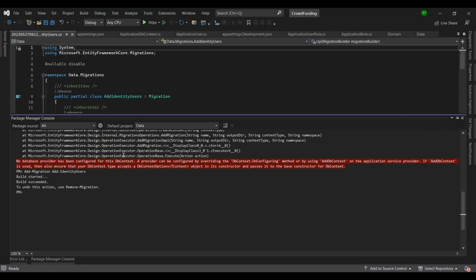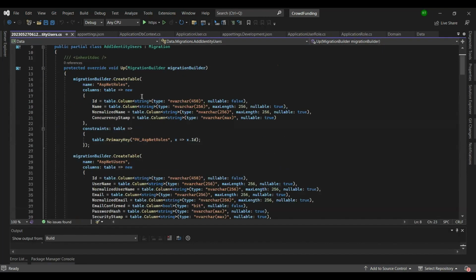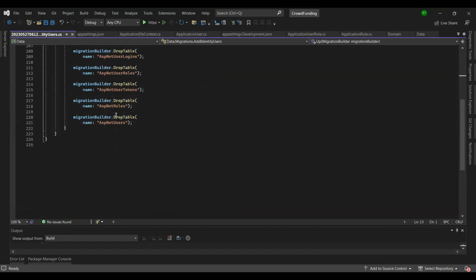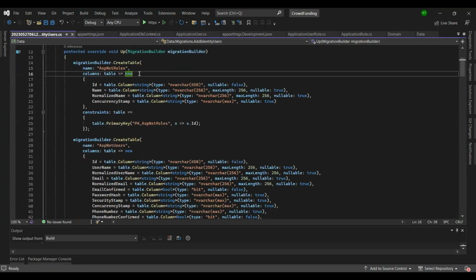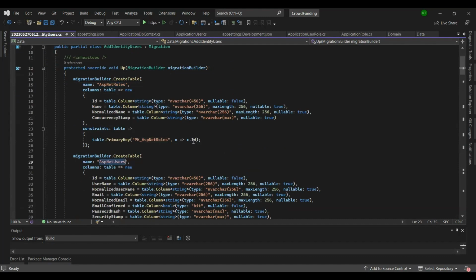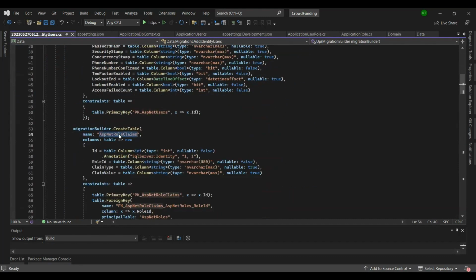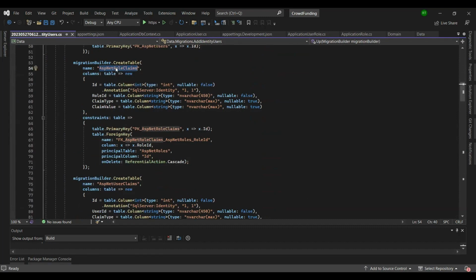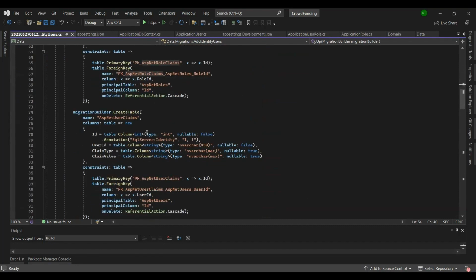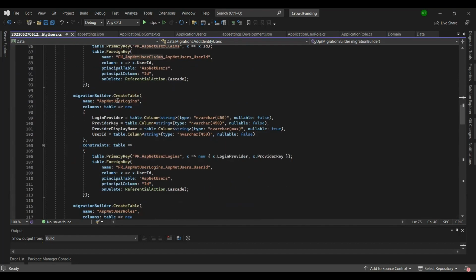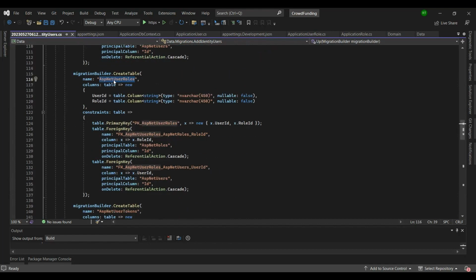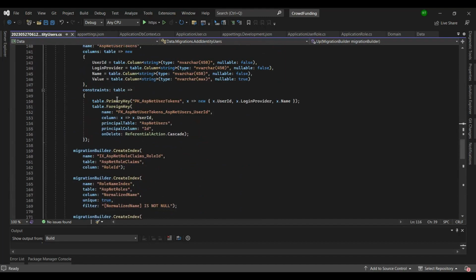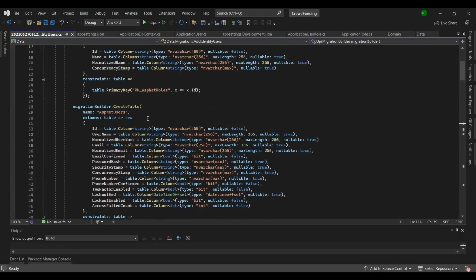Okay, now it looks like it's working and it has given us some code. As you can see, there are two methods here. Let's close this one. One is up and one is down. And inside up, it has created a table called ASP.NET roles, ASP.NET users, and there should be one ASP.NET role claims. These are provided by the identity framework, ASP.NET user claims, ASP.NET user logins, ASP.NET user roles. So this is the one we have created,